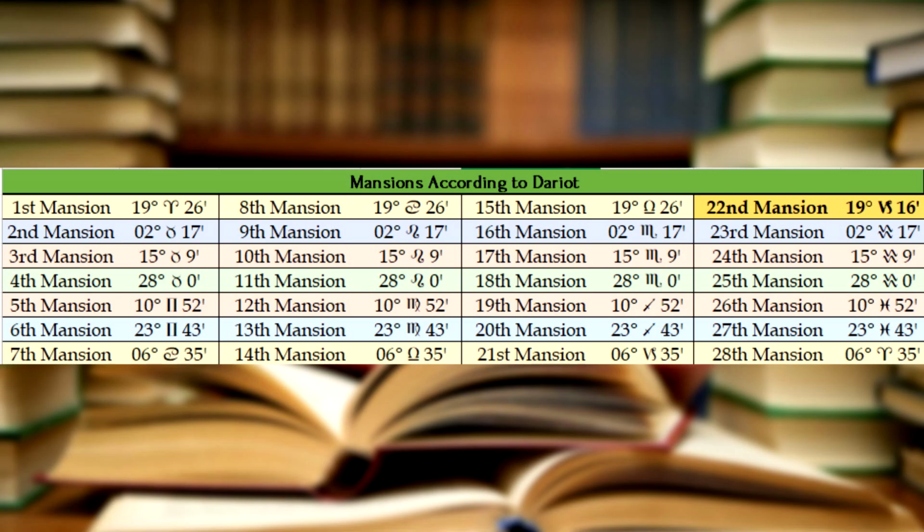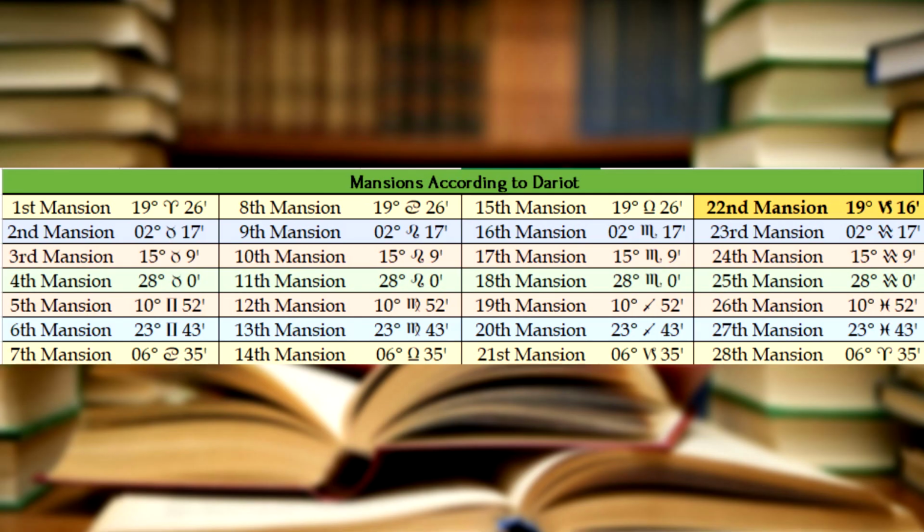So for instance, going back to Dario's lunar mansion table here, we can see that the 1st, 8th, and 15th lunar mansions all begin at 19 degrees and 26 minutes of the cardinal signs. The 22nd lunar mansion is listed at 19 degrees and 16 minutes, which seems like a pretty obvious error in my opinion, unless there's some reason why the 22nd lunar mansion should suddenly be 10 minutes shorter than any of the others. It seems pretty obvious that this is some sort of error, especially since the pattern continues